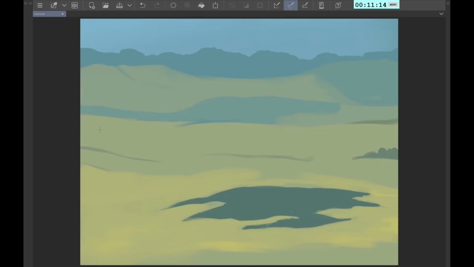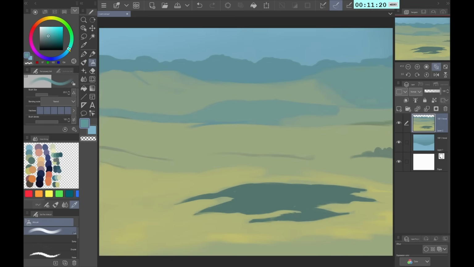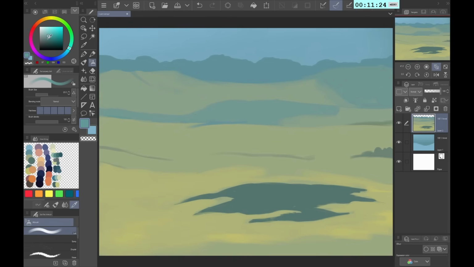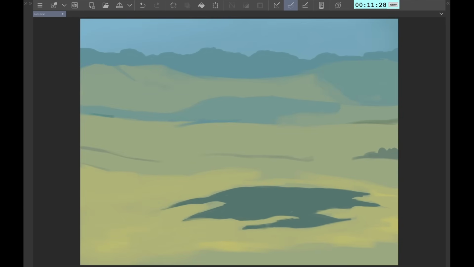And I'll grab some of this sort of background color and just make it a touch warmer. Too saturated. Pull it down again. That's a bit better. A little dark, but it'll be okay. And again, this is just me putting in some bits of sort of shrubs or brush and making them a color that's relative to the part of the canvas they're on. So you can see with all of them, I'm mixing them from one of the colors that's in the area